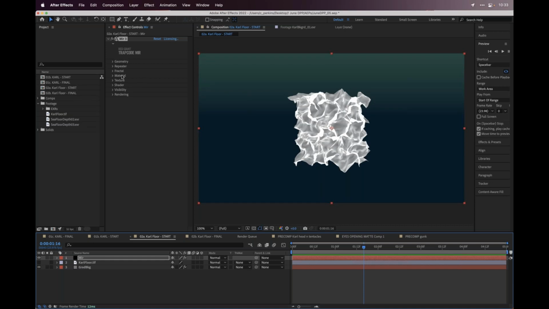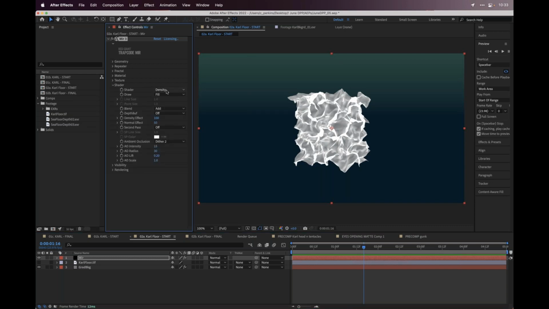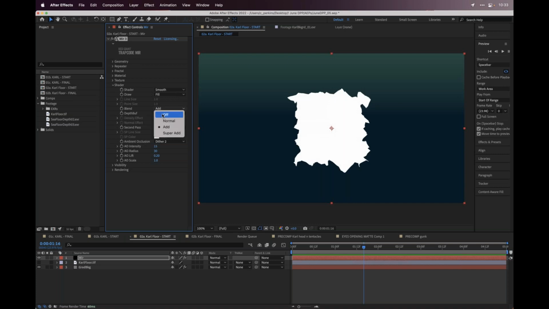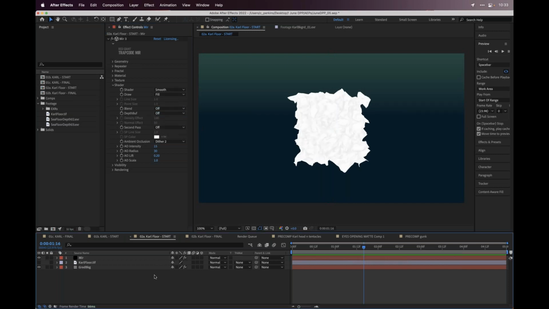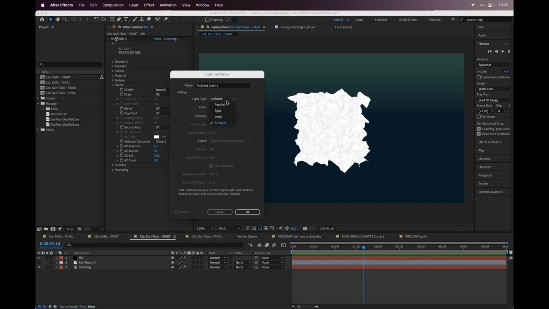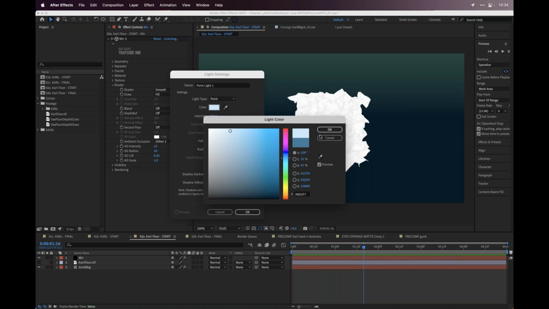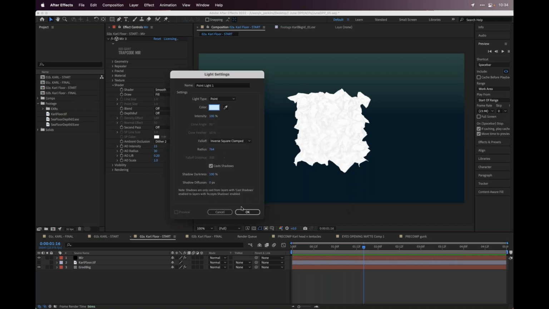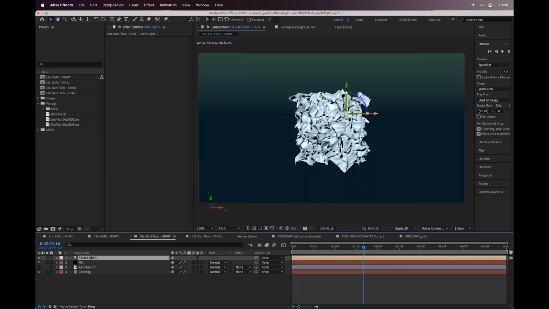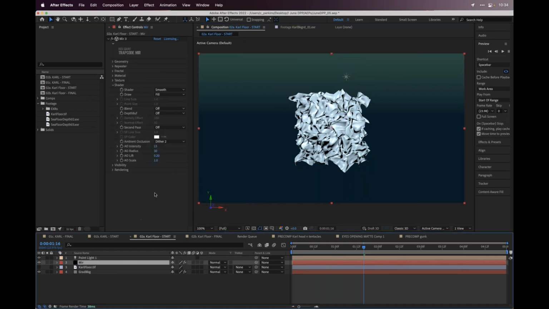in this instance. I'm going to go to my shader, and I'm gonna change this from density to smooth. And I'm going to take the blend mode from add to off. So now it's just kind of like a regular white piece of mesh. And so you can see this a little bit better. I'm going to create just a point light, whatever. And I'll just tint this just ever so slightly, just so we can see what's going on. There we go. And then what I can do with Mir, because it's using like a fractal map to displace